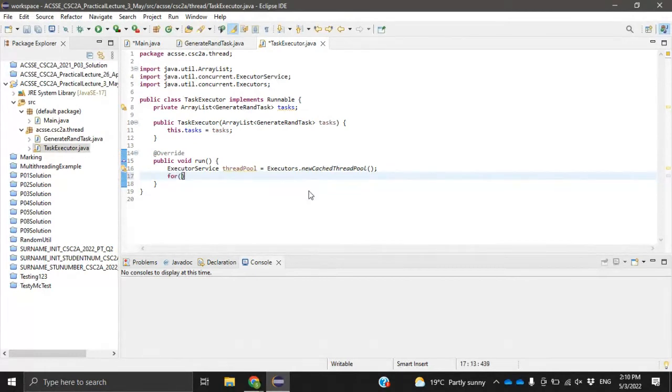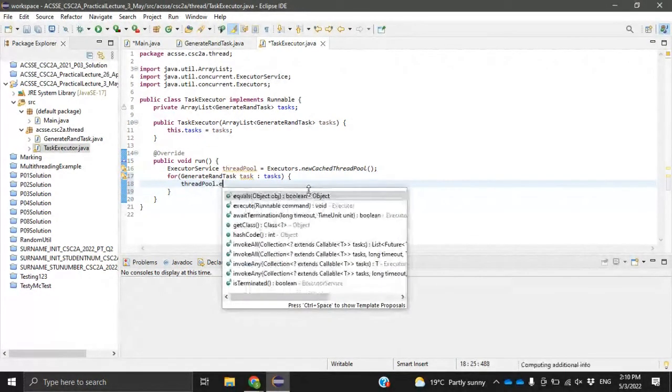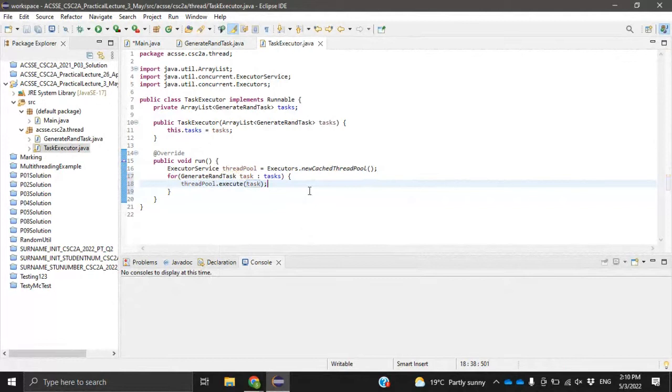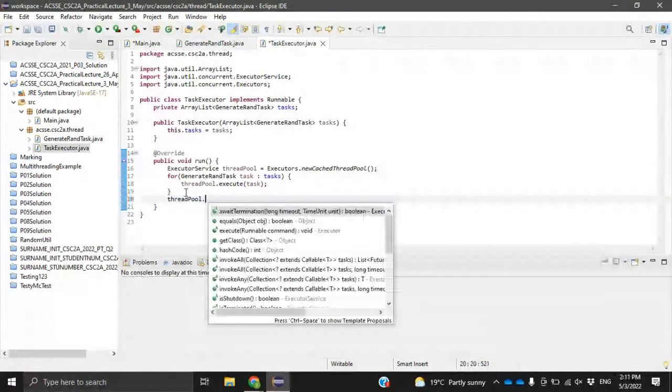So then I can say for each task, so generateRandTask in tasks, I can say threadPool.execute the task. Yeah, so that's pretty much what I need to do. And then after doing that, I need to shut down the thread pool so that I release all the resources because I won't need to use it again. So thread pool dot